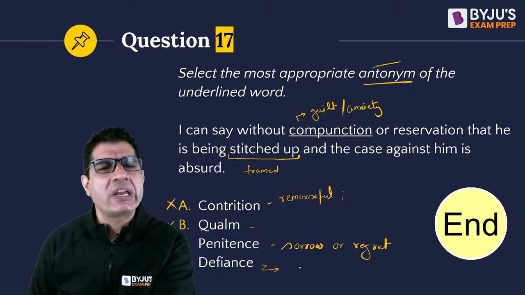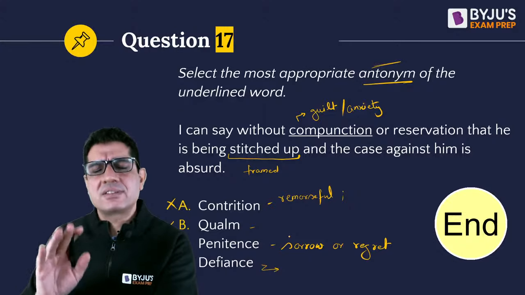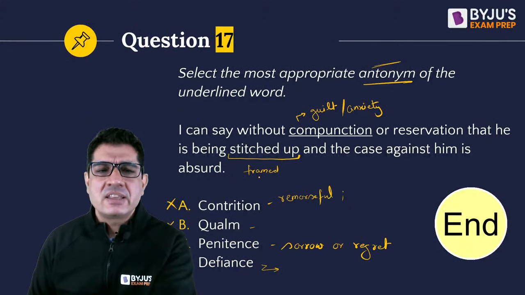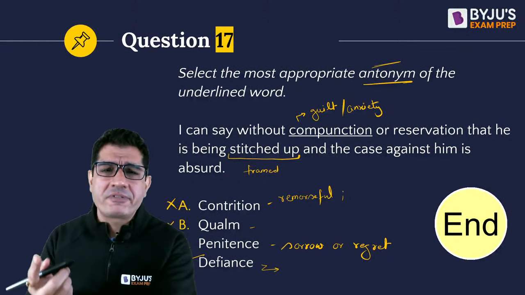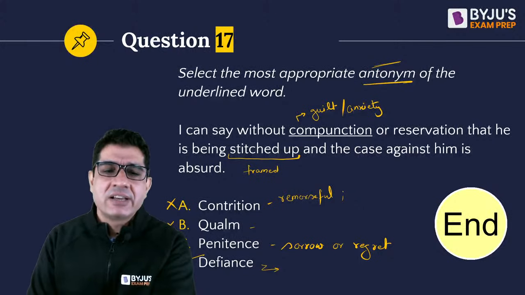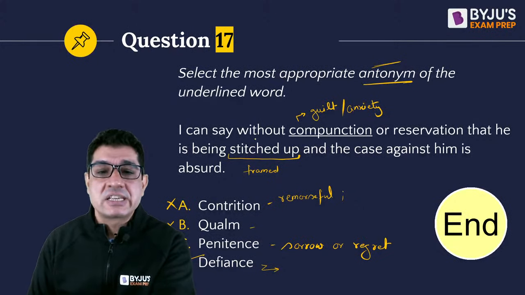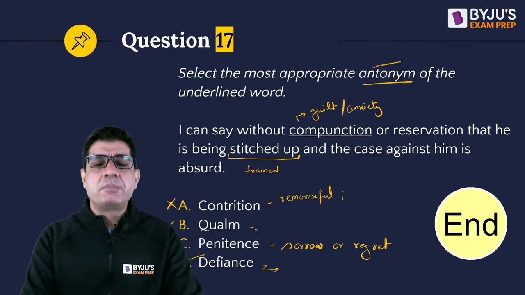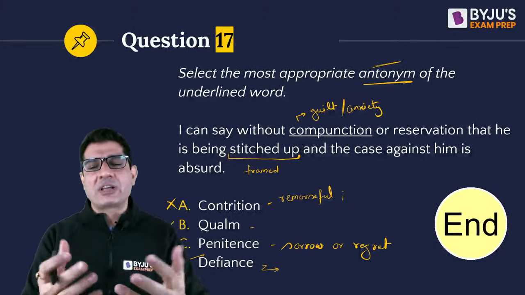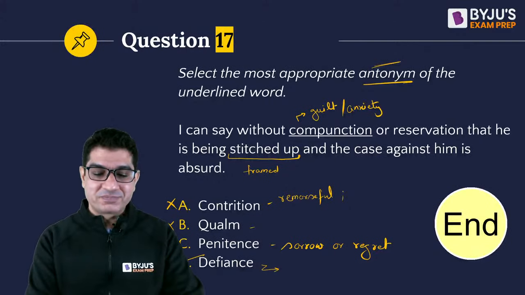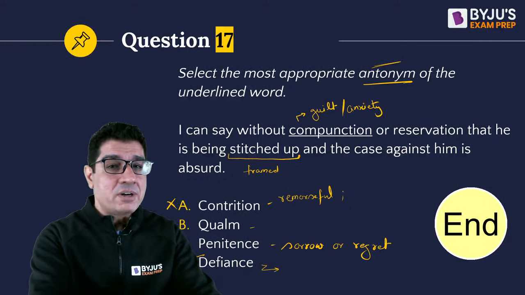Defiance is no guilt. Defiance is open resistance. So the other three are synonyms. I think defiance is the only one that can actually go here as farthest in terms of that meaning. So I'd say it's not exactly a perfect antonym, but given these answer choices, that has to be the best answer choice for us. So A, B and C are all synonyms because compunction means guilt. A, B and C all mean that we somehow feel guilty or doubtful about our own conduct. We are looking for an antonym, remember?